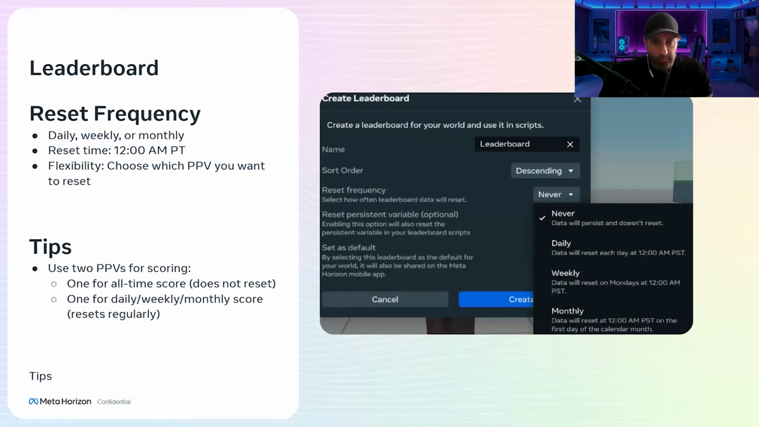I had a leaderboard in one of my worlds, and people were coming every day, and it started getting crazy. The top 10 had thousands and thousands of points. A lot of new players came in and said, hey, I can never get in the top 10 because I'm starting off at 0. I will never get to the top 10, so why even try? So Meta has come out with this new feature where you can reset your leaderboard,